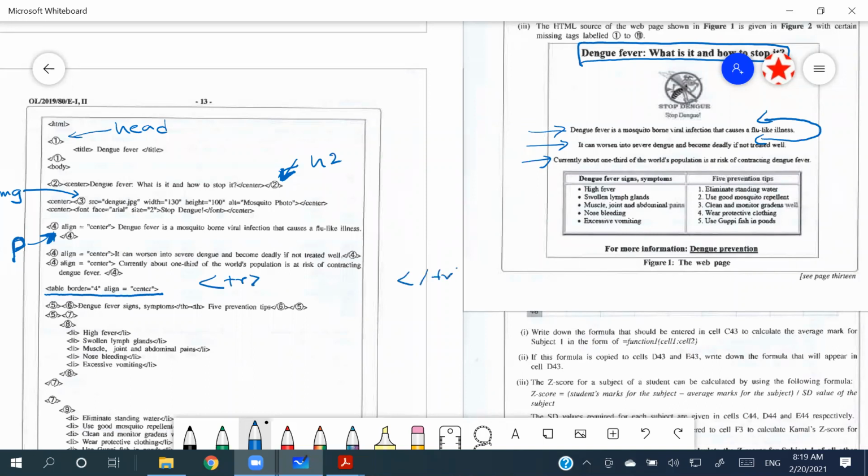So inside the TR, you can use either TDs or THs, right? Then of course you can close the TR, right? So the table has begun, and you can see they got a /th over here, so 6 is going to be a TH,